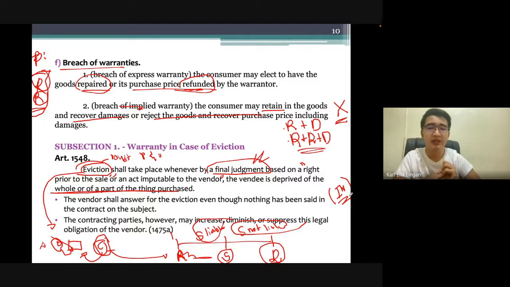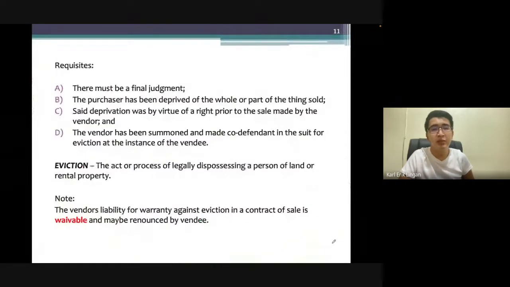Ganun yan. The contracting parties may, however, increase, diminish, or suppress this legal obligation of the vendor. Okay? Pwedeng sa contract nila, ilagay nila na kapag na-evict si buyer, liable si seller sa 90% of the amount. Pwedeng ganun. Pwedeng bawasan, diminish, or suppress, or pwedeng increase. Okay? The requisites